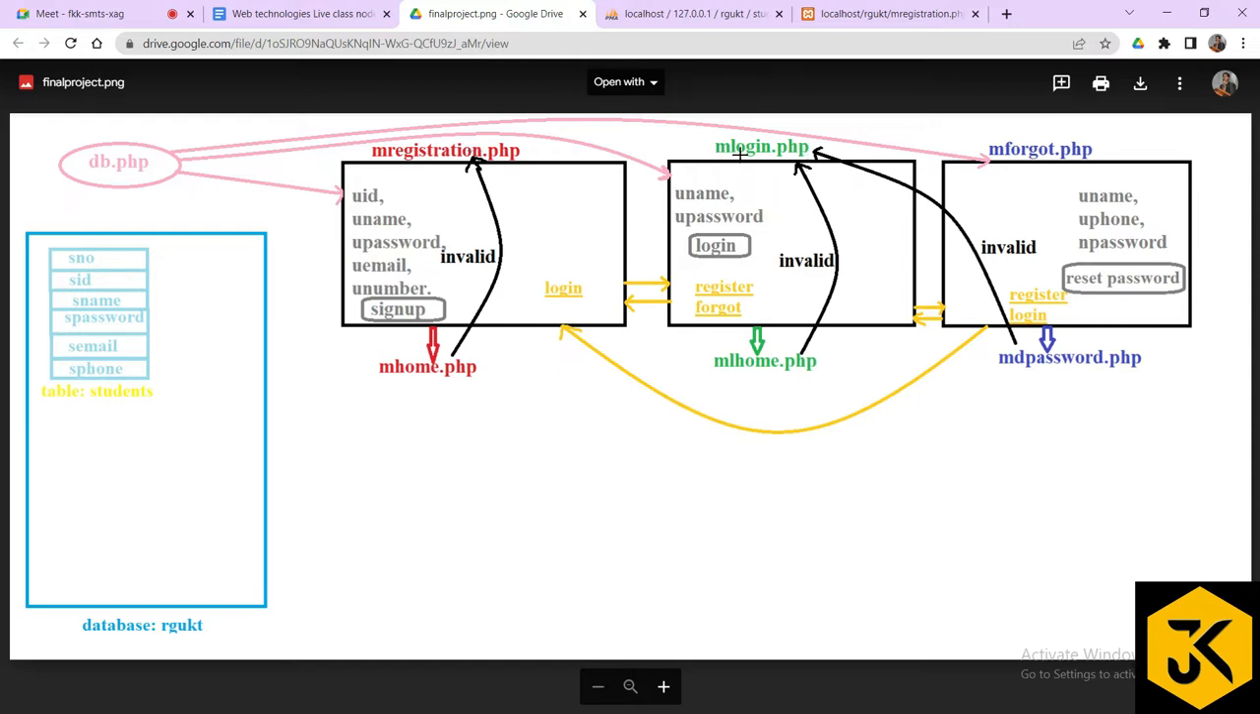Similarly, for mlogin.php, I am trying to get username and user password. When the user clicks on the login button, I will redirect to mlhome.php and say that login success. If it is invalid, we show invalid username or password. So what is the process we are following here? We get the data from mlogin.php, we get data from the database, and we compare both. When both match, I say that login success, otherwise login fail, and redirect